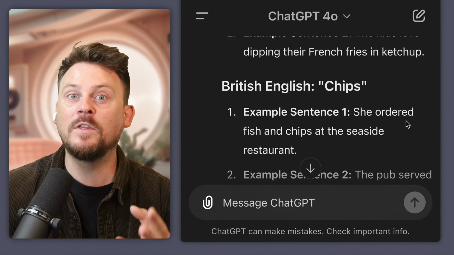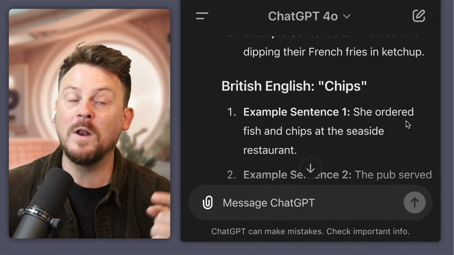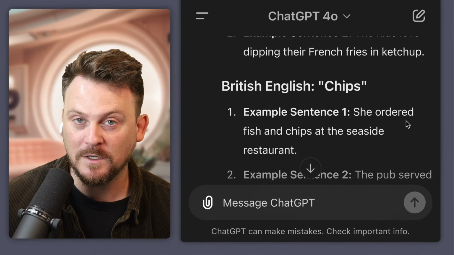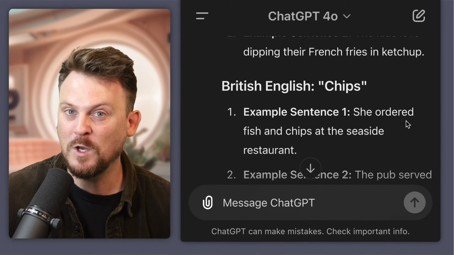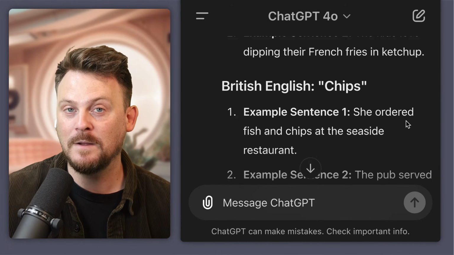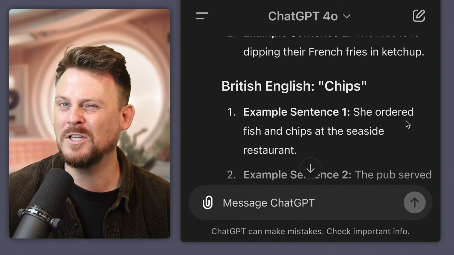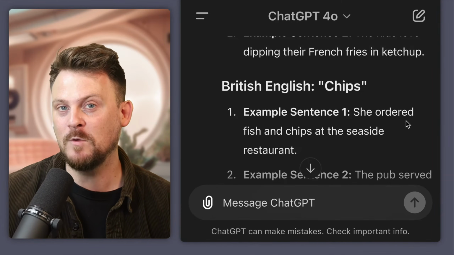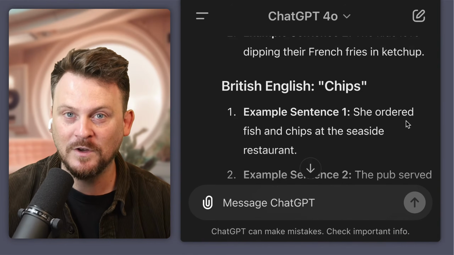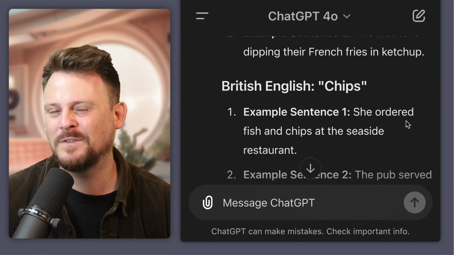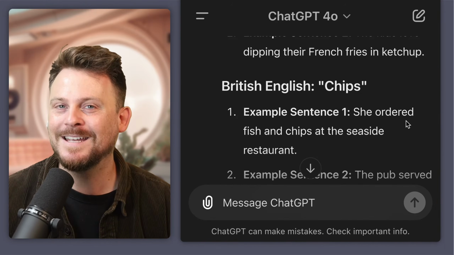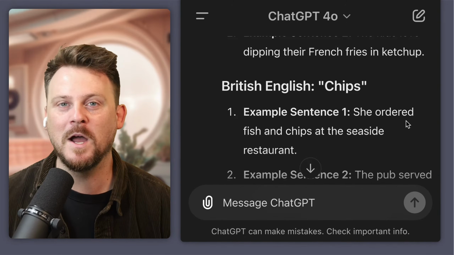So then the question is, how do British people describe what Americans mean when they say chips? They would say crisps. So British English: crisps, what you buy in a bag, very crunchy, very salty, made of potatoes. Chips: longer pieces of potatoes, not so crunchy, still salty, softer, something you would get with fried fish or a burger. And then American English: French fries, or often just fries, meaning the long thing, and chips, meaning the crunchy thing that you buy in a bag.